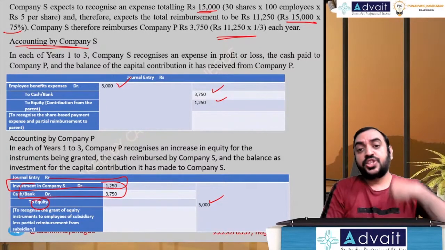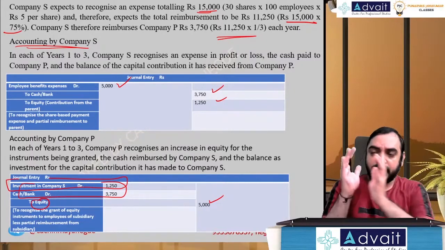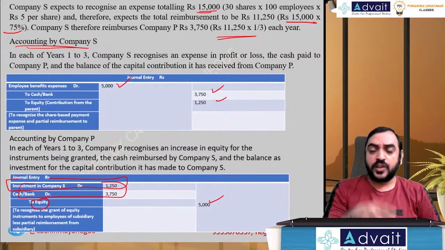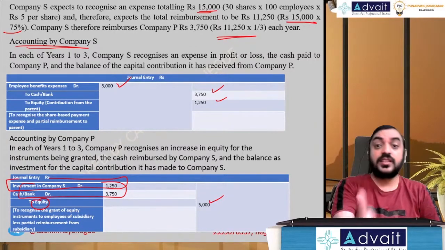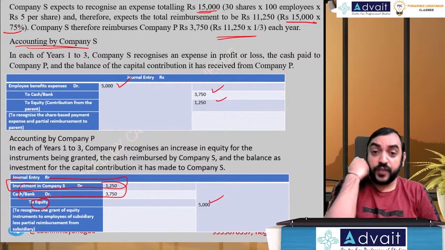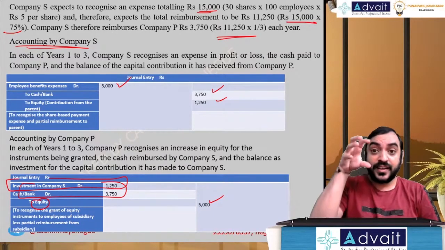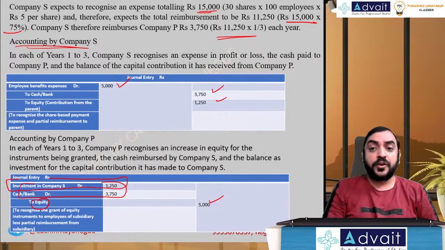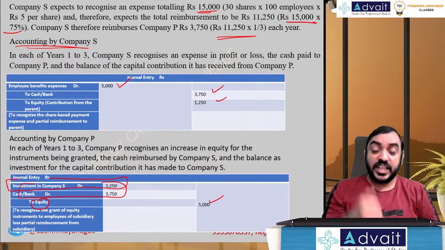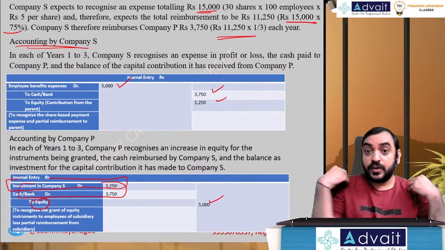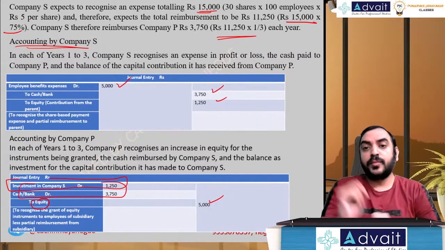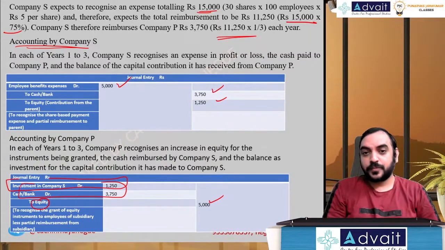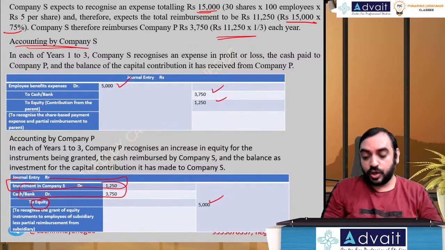The holding company is issuing the shares. So share capital equity is credited, and investment in subsidiaries is debited, because it's a benefit we are giving to the subsidiary company, and we are treating it as an investment in the books of the holding company. But from the subsidiary company's point of view, it's a benefit received from my parent company. They have given some money to me like that. So instead of money, they have given shares which are given to the employees, and we are going to treat it as a contribution received.